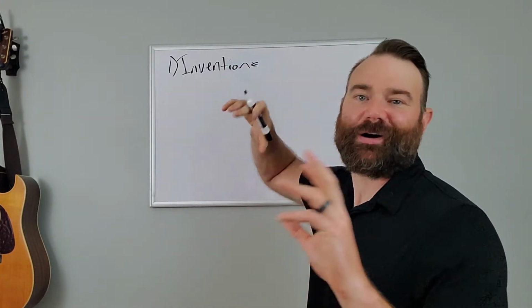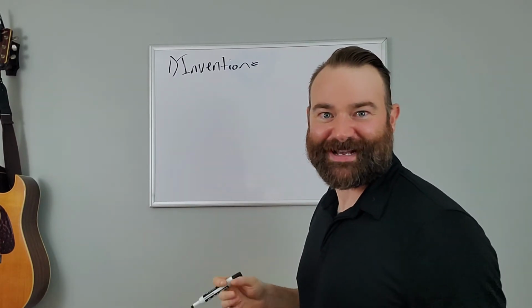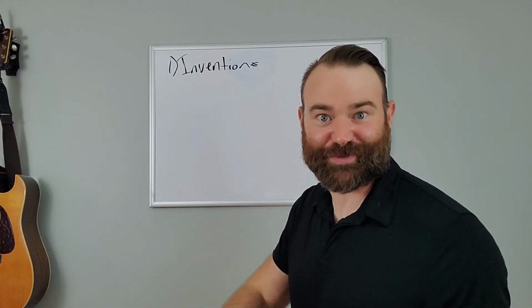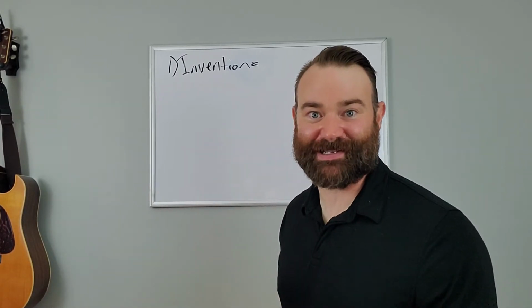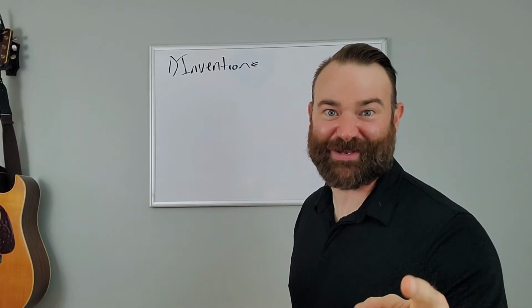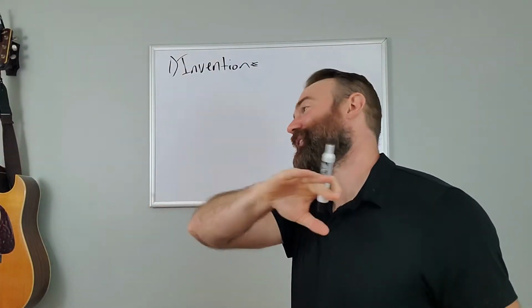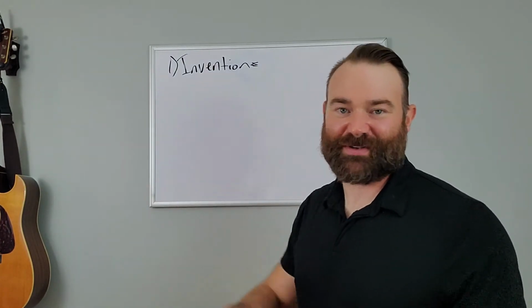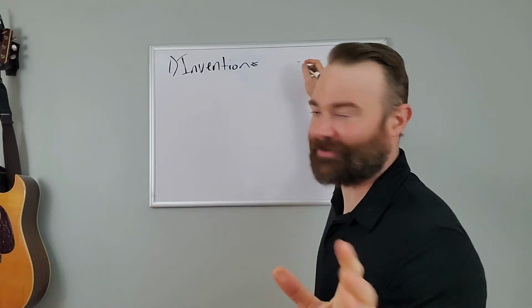In order to do invention, we have a process, and there are 3 different exercises that we can do. On the first essay, you're going to do all 3 of them. It's like when you go to grandma's house and she makes you try everything on the plate. I'm going to make you try everything on your plate. Yes, I know you don't like green beans, but that's okay. You're going to try them anyway. After you try them, on the rest of these essays you can do whatever you want. You can just choose one of the 3. But on the first essay, you're going to do all of them.